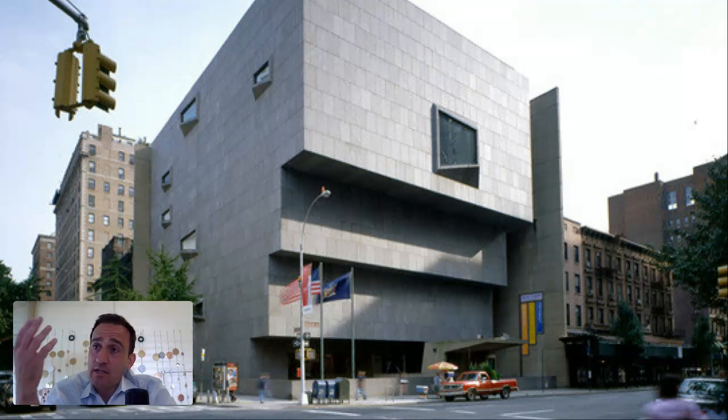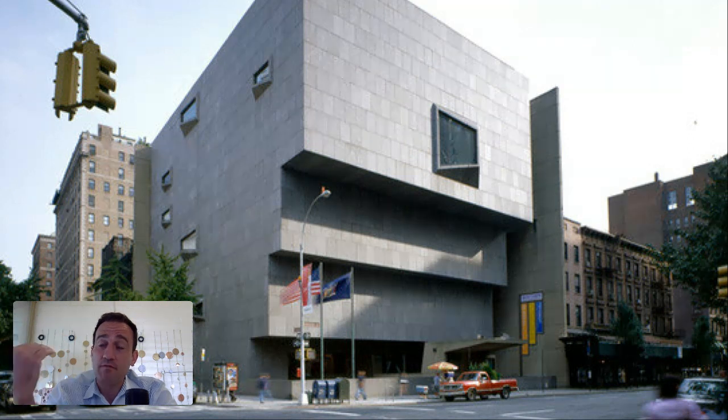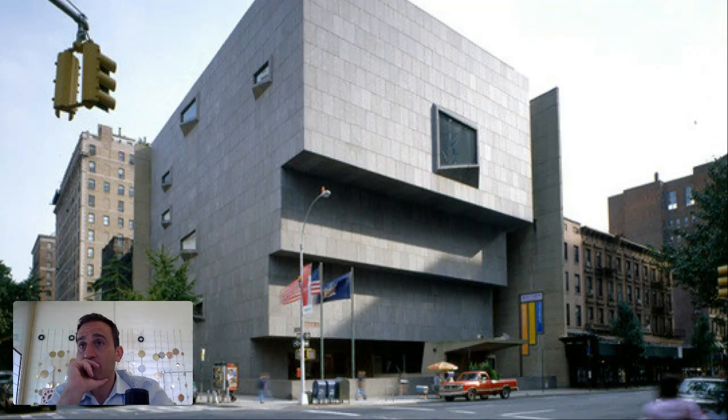Obviously, lots of concrete being used here. Brutalist. I mean, it's hard to deny the kind of brutalistic quality in terms of its material, but also in terms of its form. Very heavy, simplistic, cubic volumes, with the one exception to the simplicity being the stacking, or the slight cantilever of the lower level to the second lowest level to the third level to the fourth level, thereby giving the building this interesting quality of a three-tiered portico. But other than that, a very pure